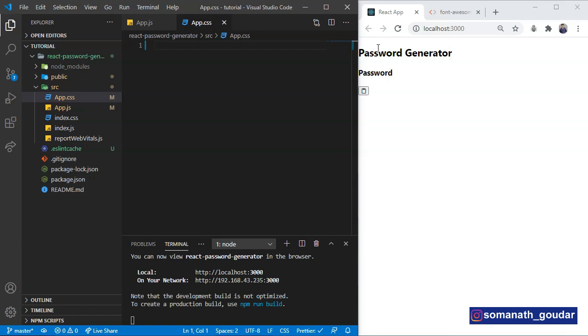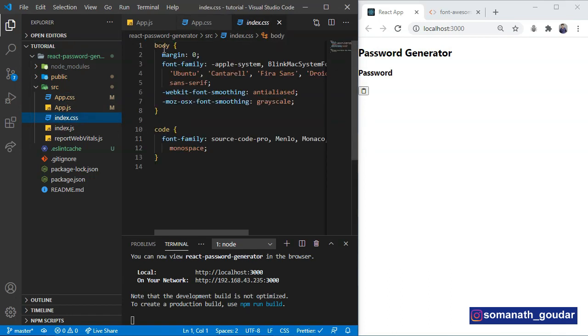There is also another problem. As you can see, there is some default margin applied by the browser. We need to fix that too. We can fix that by going to index.css.